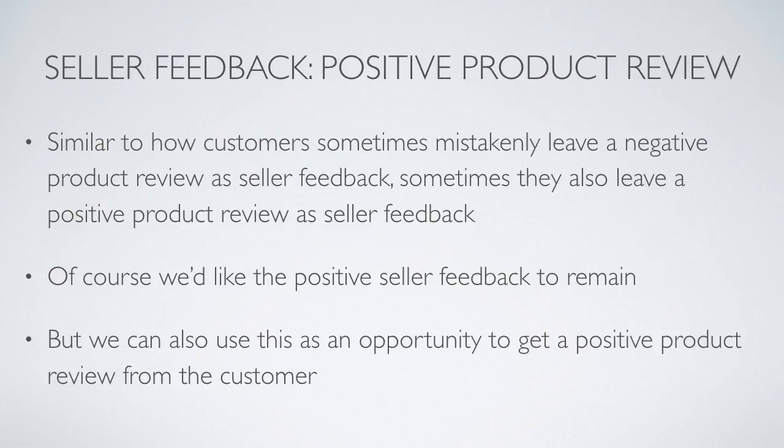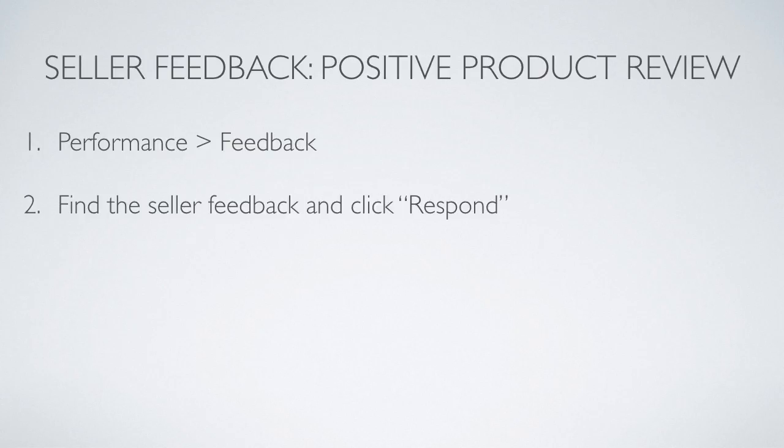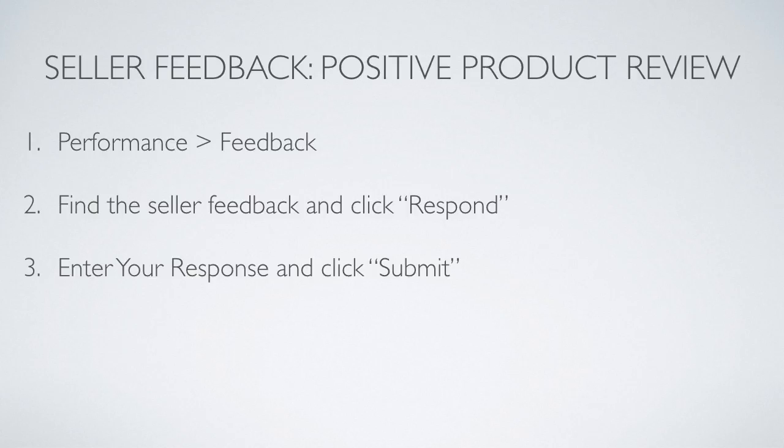We just want to also use this as an opportunity to get a positive product review from the customer in addition to the positive seller feedback that they've already left. So the way we do that is first we go to performance and then feedback, and then find the seller feedback and click respond. In that row, for that specific seller feedback that was left as a positive product review, you want to click on respond, and then enter your response